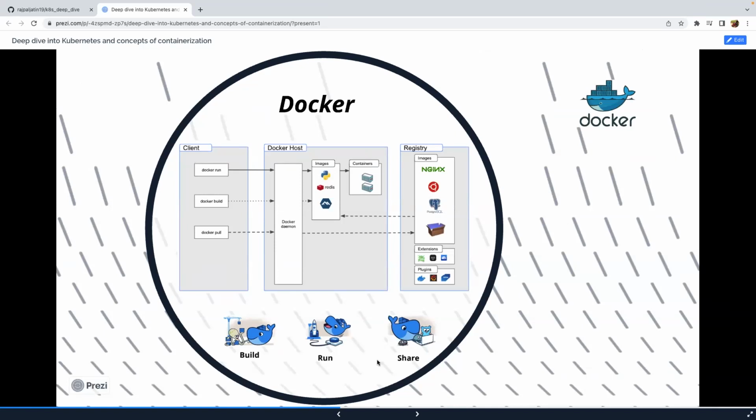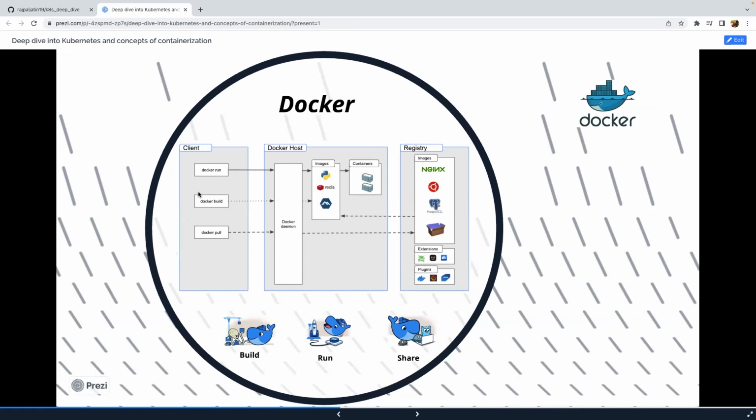So I think I'll just go at the very bottom of the slide first, and that's how I want to start up this particular conversation. So think of it like 3 steps. You build your application. So your application has some code. It has some dependencies. You built your application, and then with building your application, you've created an image, and then you're going to run that image. After you run your image, you validated everything is fine, then you can share it. Then you can run it anywhere else. And how you're going to do it, let's discuss it now.